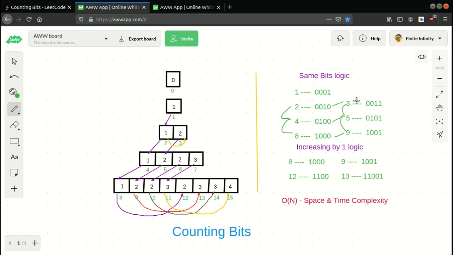So 1 will be equal to 2, equal to 4, equal to 8 and so on, and 3 will be equal to 5, and 5 will be equal to 9 and so on. So this is one case.